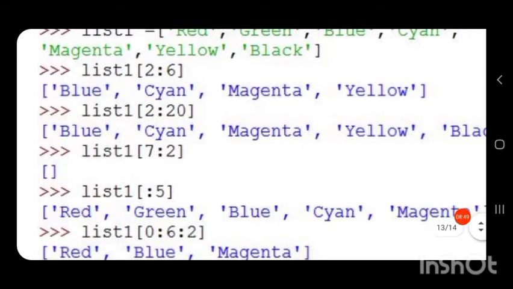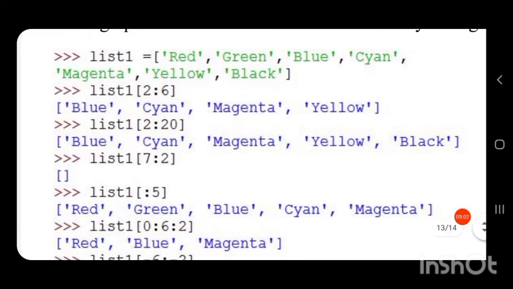Here we have given the starting value, so it will take the elements from the start position to the end of the list. Here the starting position is 2, so it has considered blue, all the elements from blue to black, because only index 6 is there.